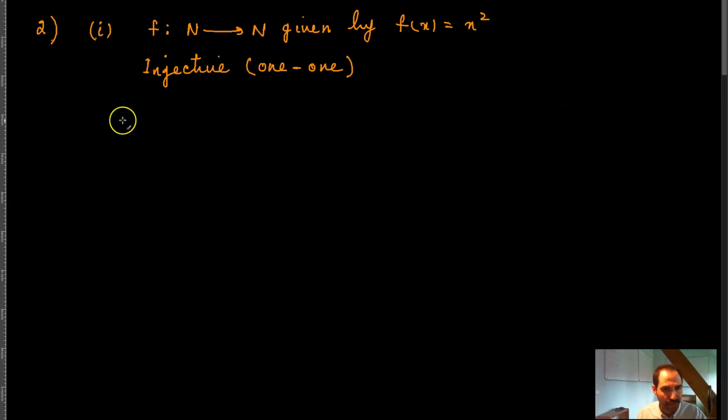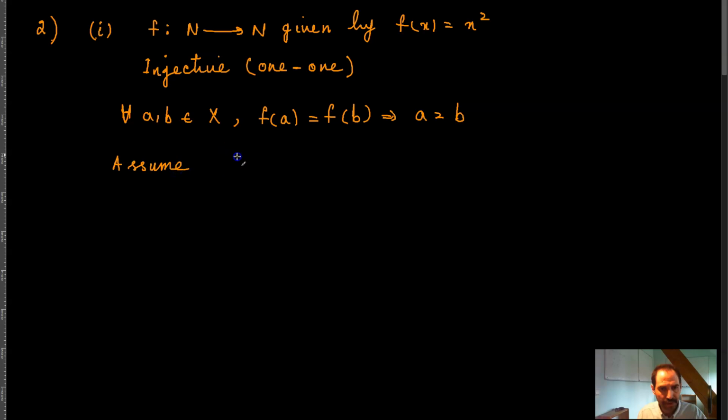So you can write the condition as: for every a and b belonging to X, any a and b belonging to the domain, f of a is equal to f of b implies that a is equal to b, right? And now I can assume that